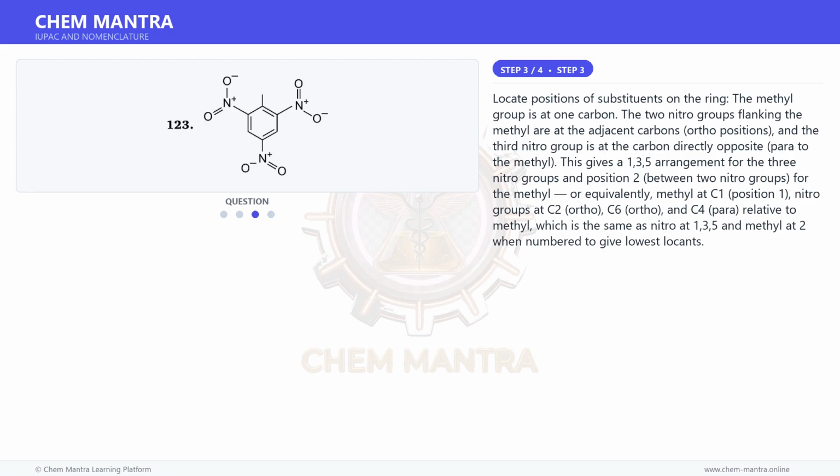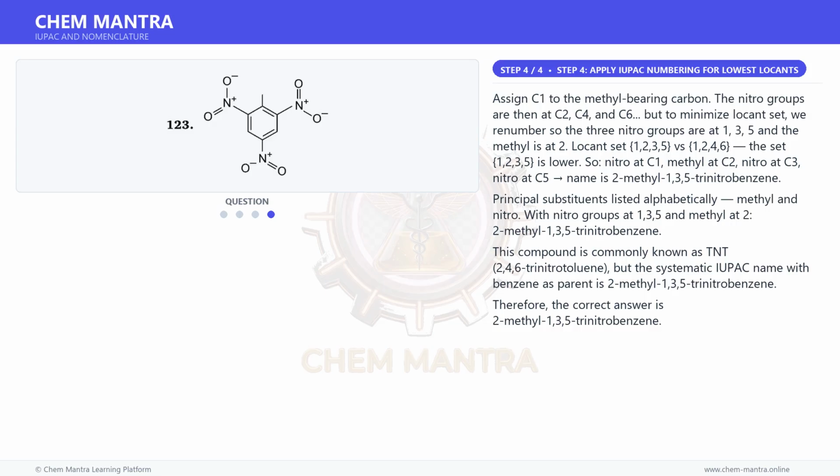to methyl, which is the same as nitro at 1, 3, 5 and methyl at 2 when numbered to give lowest locants. And for the final step, assign C1 to the methyl-bearing carbon. The nitro groups are then at C2, C4 and C6. But to minimize the locant set, we renumber so the 3 nitro groups are at 1, 3, 5 and the methyl